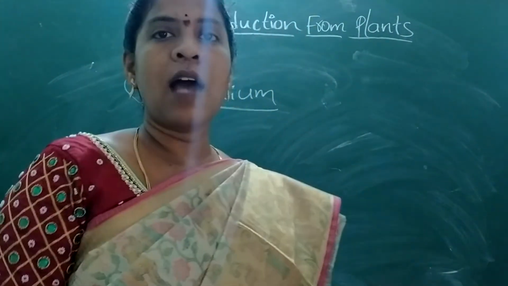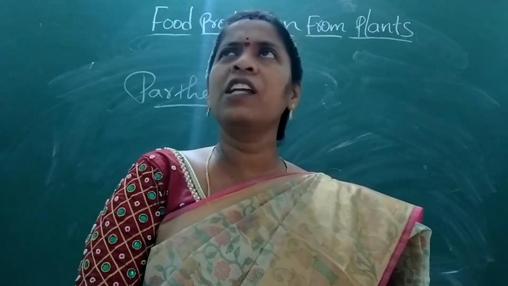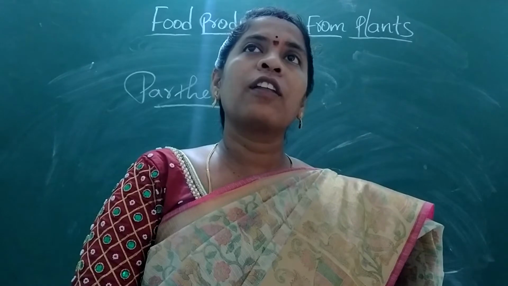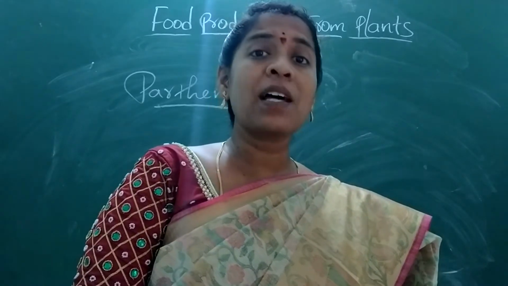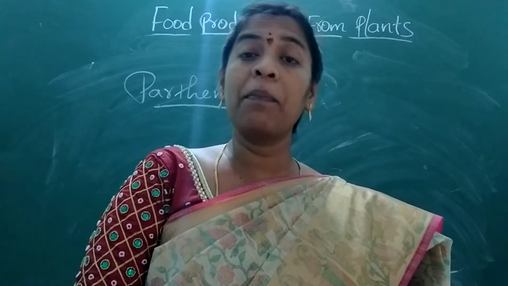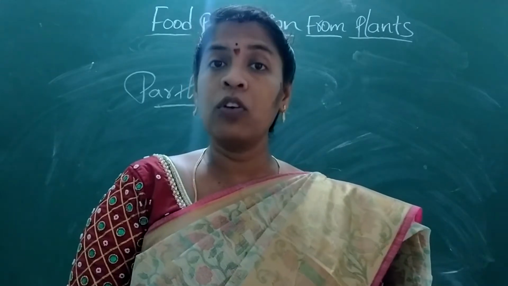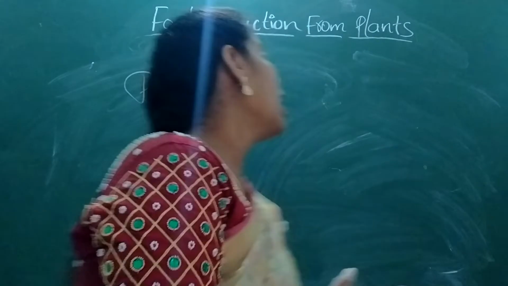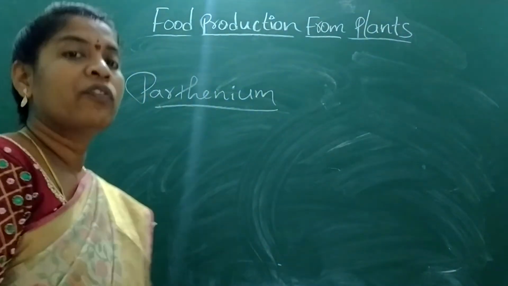It not only causes harm to the other plants. Basically, when weeds grow, what will happen to the other plants? Compared to the actual plants, the weeds absorb more nutrients, so the original plants' nutrients and also the production capacity decrease. This is a major point. And now parthenium is one of the plants.